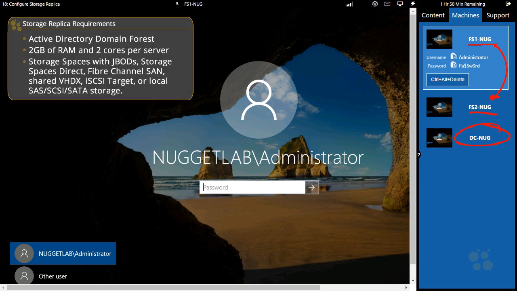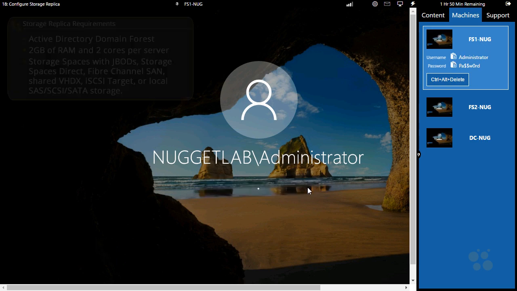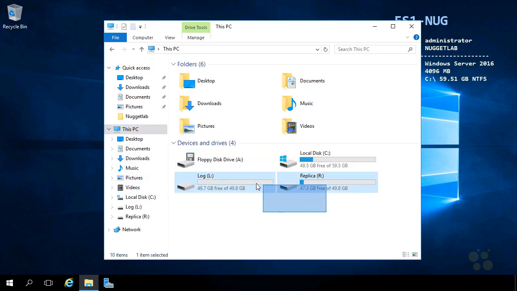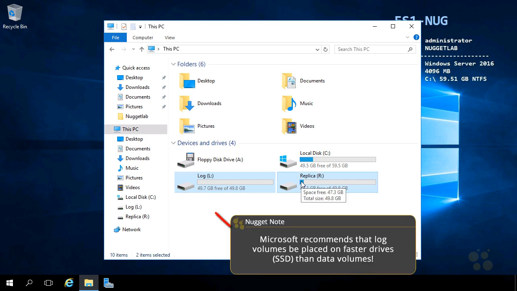So let's go ahead and start here by logging in to FS1NUG. I'll just paste the password in there and log in. Let's start by launching File Explorer and taking a look at the volumes that we're going to be working with. Hit This PC on the left, and notice that we have 2 volumes here. We have an L for our log and an R, which contains the data that we want to replicate over